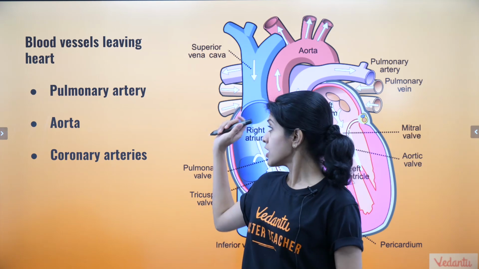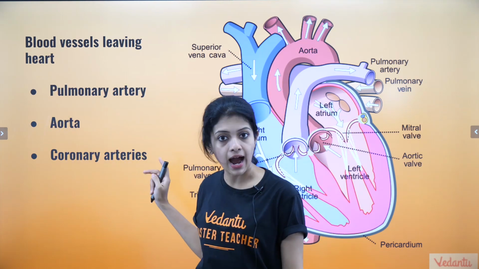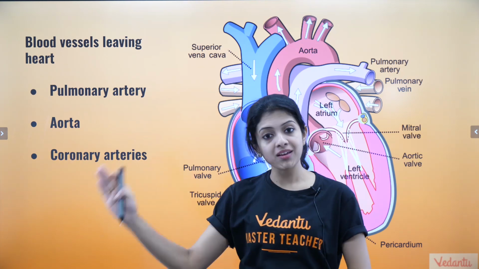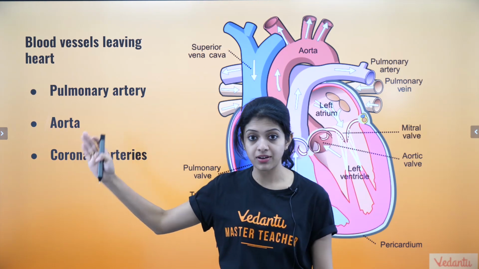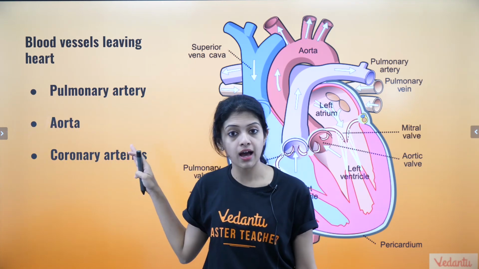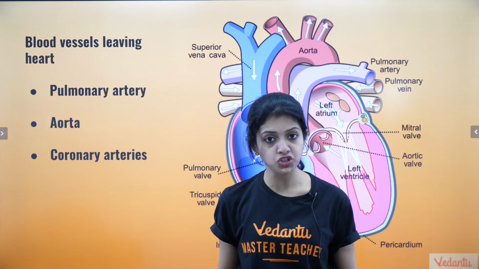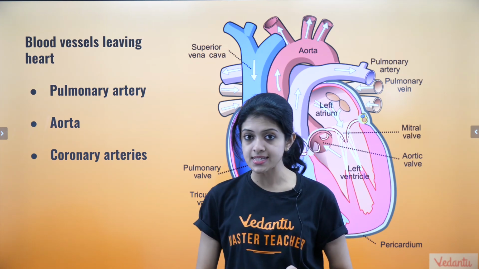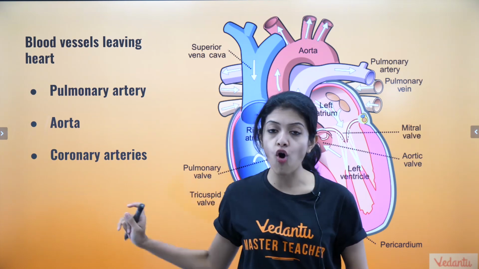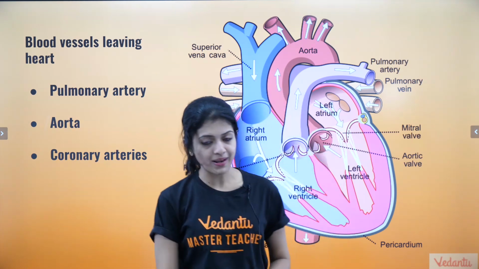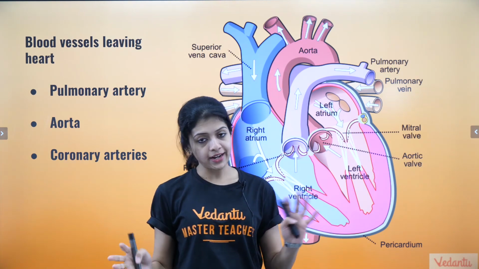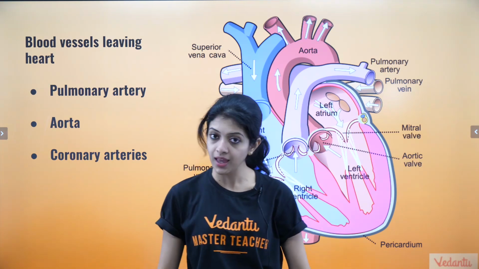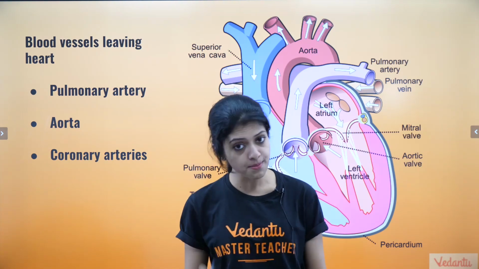Okay? So pulmonary veins and pulmonary arteries, coronary veins and the coronary arteries, and the superior vena cava, inferior vena cava in the case of the veins, and aorta in the case of artery. Very clear, children? We have learned 7 major blood vessels as far as the human heart is concerned. Make sure you remember all of these names along with their respective functions. As in, what they do, like where they get blood from or where they pump blood to. Okay? Remember that. Very, very important.